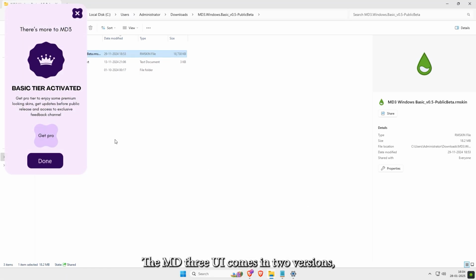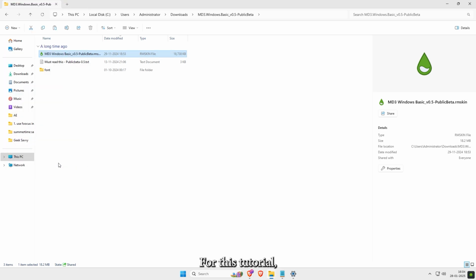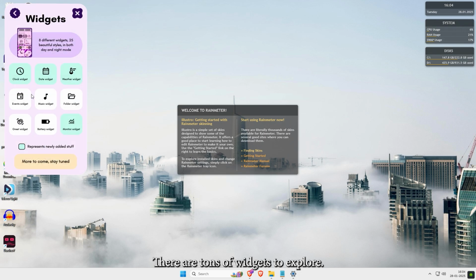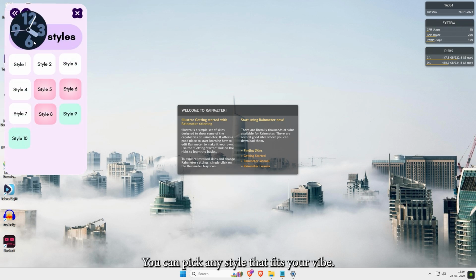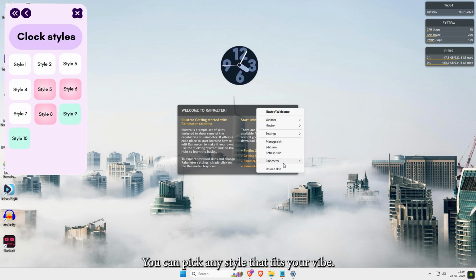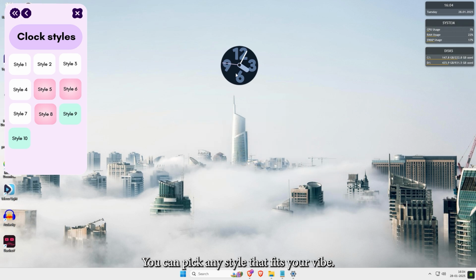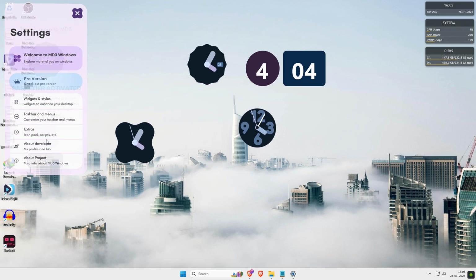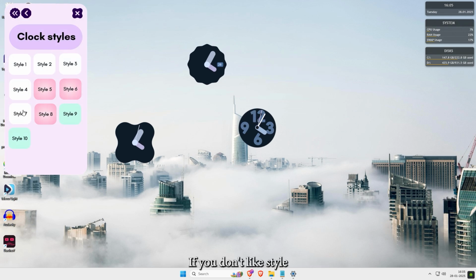The MD3 UI comes in two versions, one's paid, and the other is completely free. For this tutorial, I'll show you what the free version offers. There are tons of widgets to explore. You can pick any style that fits your vibe. If you don't like a style, tap on Unlock Skin, and